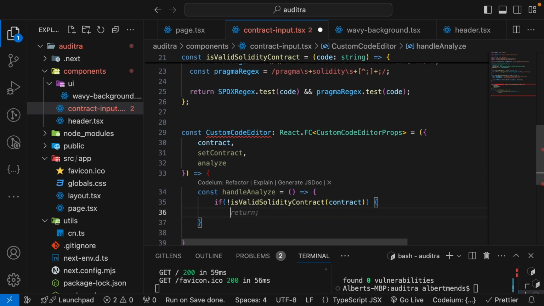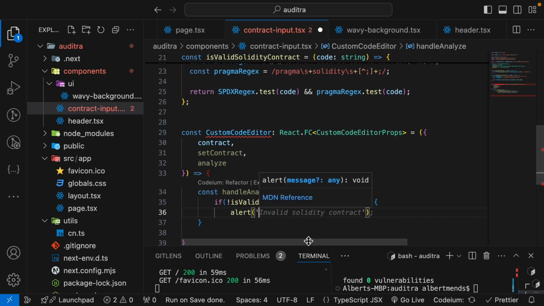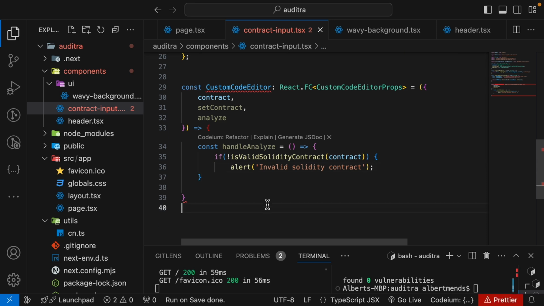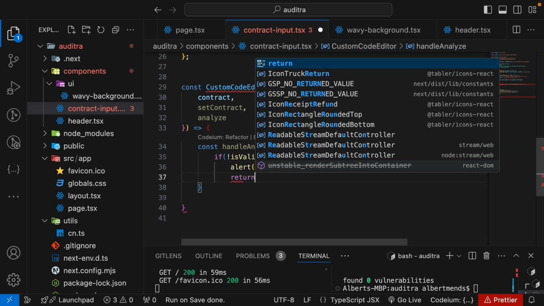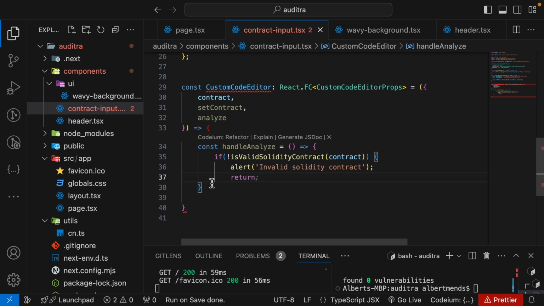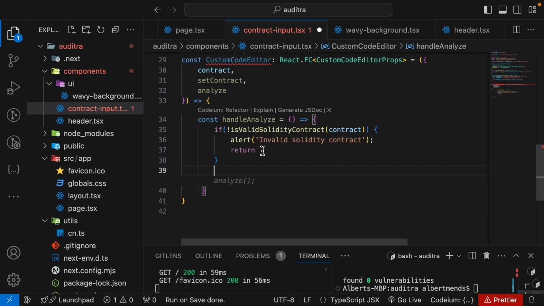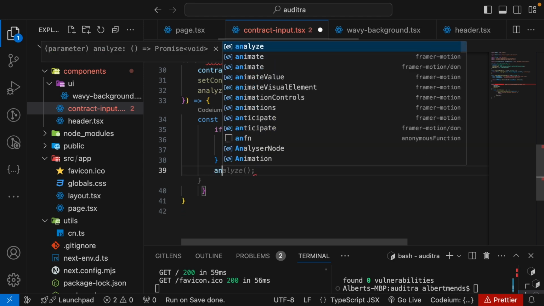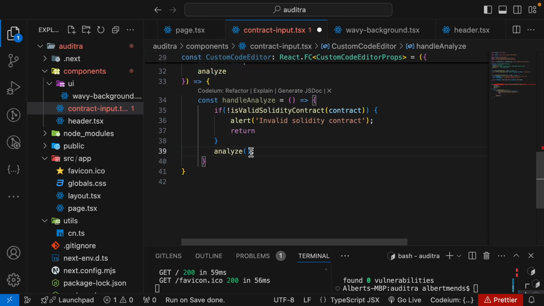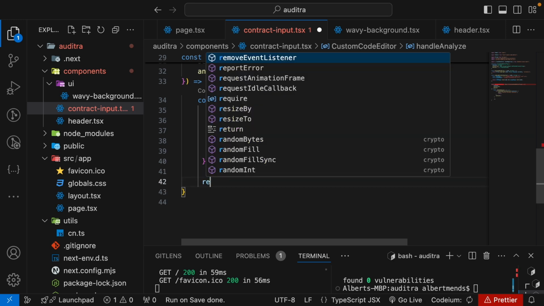We are going to create an alert, and the alert is going to be invalid Solidity contract, and then we are going to return. So once we have this check in place, we can then analyze the code and generate the audit response. So we are going to call the analyze function here. We are yet to create this analyze function. So we are going to return